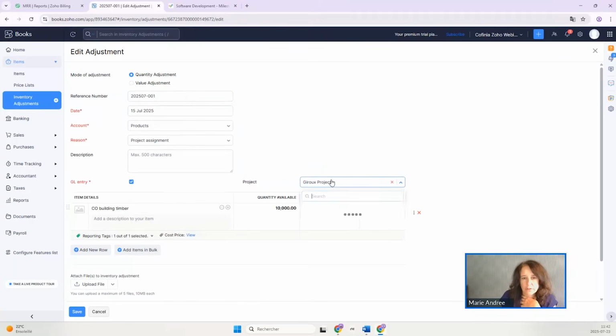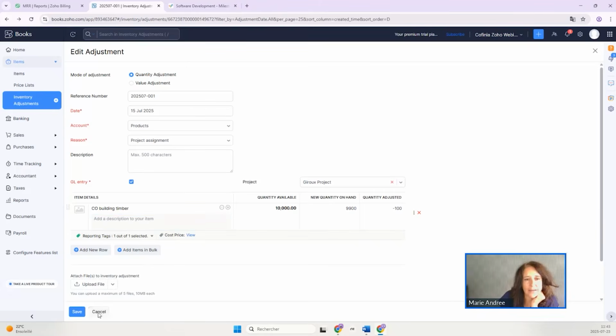So you can have your different projects showcased here. And then this one, I didn't test it because I just found out when I created the demo account and the presentation. But with all the new features and all the possibilities of custom functions, I'm pretty sure that we can automate that. So whenever you say, okay, I want to create a journal entry to post to a project this inventory adjustment,